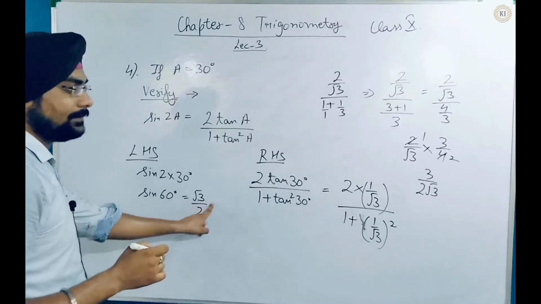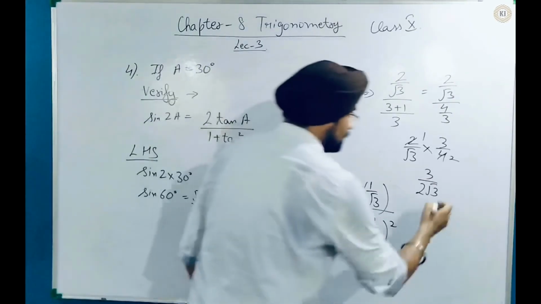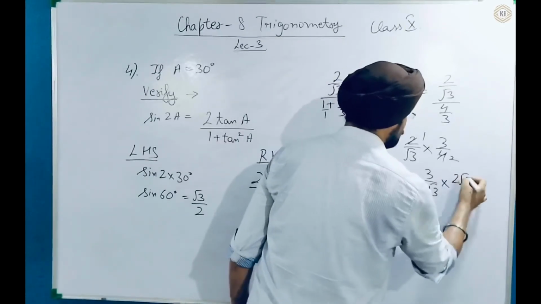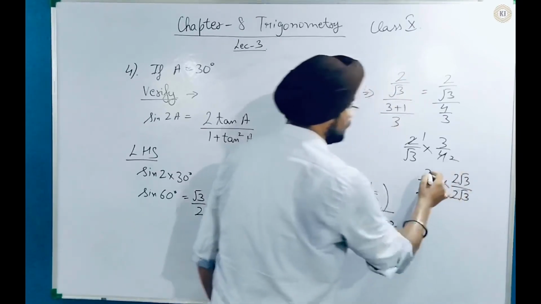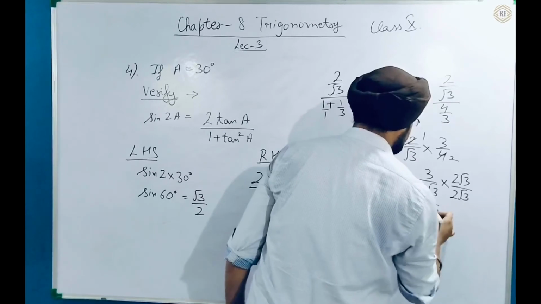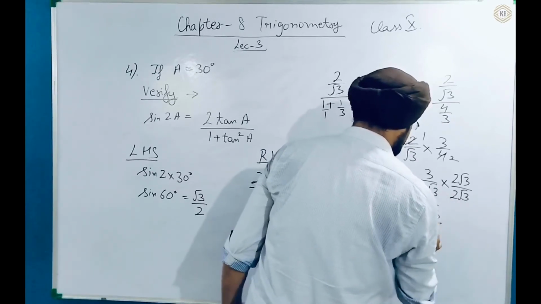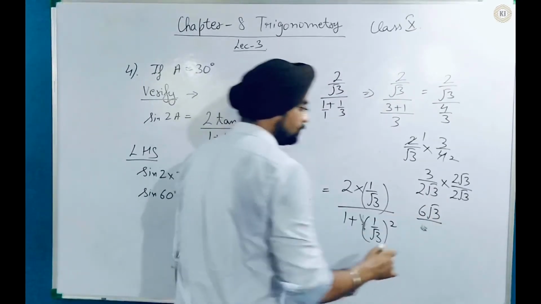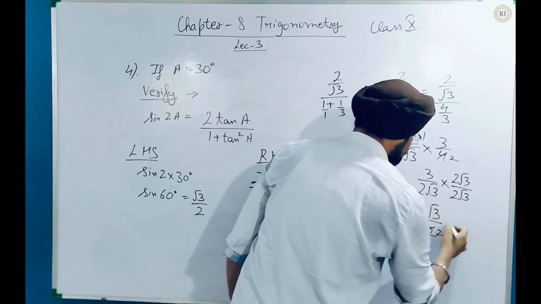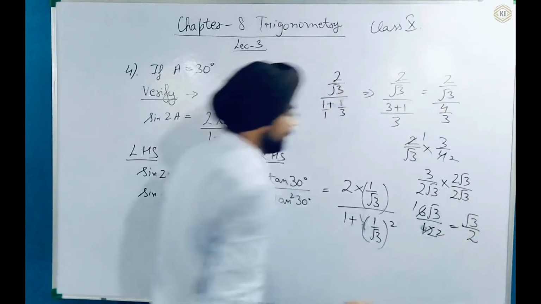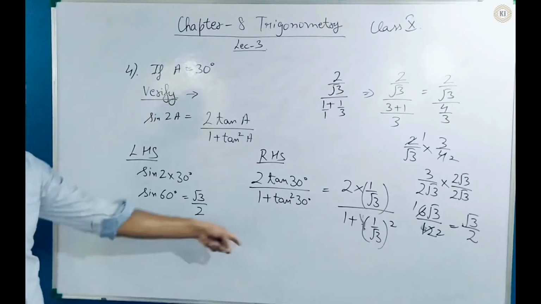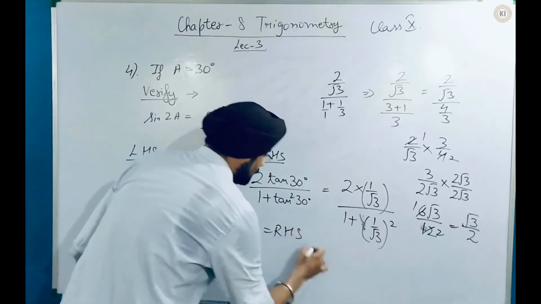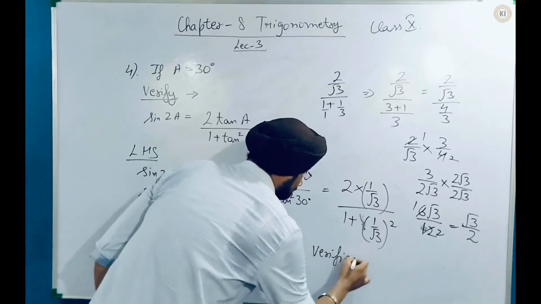But we need here root 3 by 2, so at the last we rationalize it. So rationalize by multiplying it by 2 root 3 upon 2 root 3. It will come to 3 times 2 is 6 root 3 upon 4 into 3. 2 into 2 will be 4, root 3 into root 3 will be 3, so 4 threes are 12. 6 ones are 6, 6 twos are root 3 by 2. So the value of LHS is root 3 by 2, the value of RHS is also root 3 by 2. At the last we write LHS is equal to RHS. Clarified.